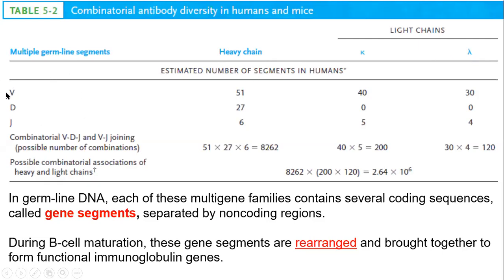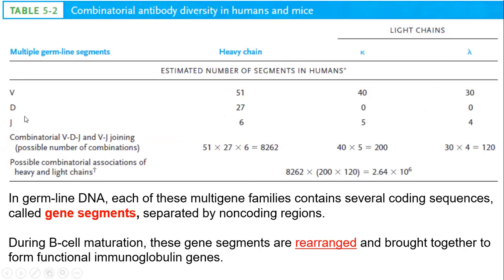In the heavy chain, there is a segment called V, with 51 variable forms. D is also there in the heavy chain, with 27 variable forms, and then J in 6 variable forms. Remember that D is not there in the light chain, it is 0. D constitutes only the heavy chain. In the light chain, there are only V and J. V is 40 here and 30 here, J is 5 and 4 here. So it simply says there are variable forms of gene segments for the production of heavy and light chains.